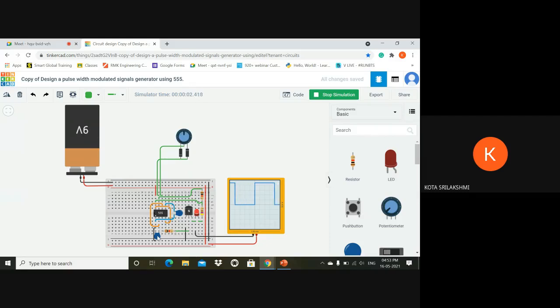And while changing the values of the capacitor, here I have given 10 nanofarad. Let me give 100 nanofarad for that capacitor and for this capacitor also. When we gave that and when we start the simulation, we can see that the frequency changes when the capacitor value changes. This is about the simulation.